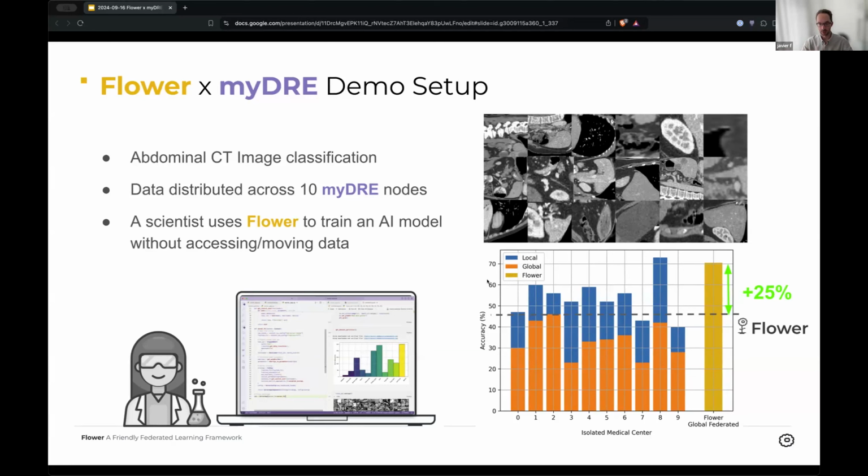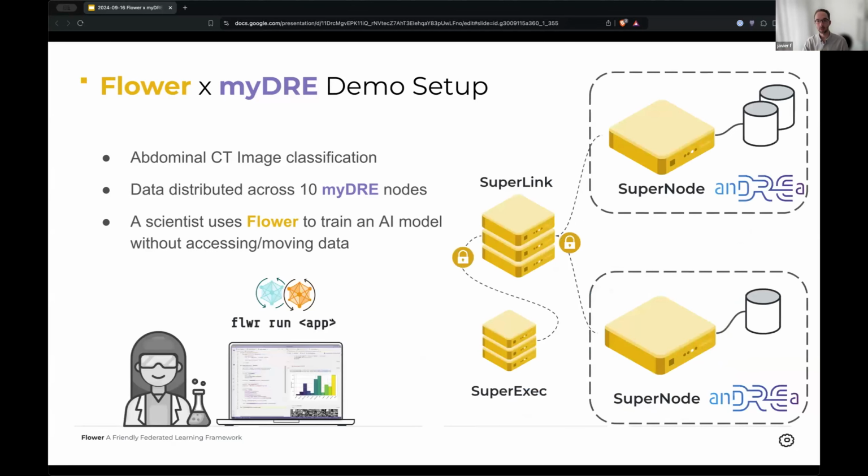So this is how the demo is going to start. It's a setup where I'm running a simulation. I'm a researcher and I want to get a feeling of how federated learning works. What will happen right afterwards is that with exactly this same code, I will do what I showed in the previous slides. I want to run it for real in a real federation. For that, I will do Flower run as well. And because I will be authenticated with a SuperExec,